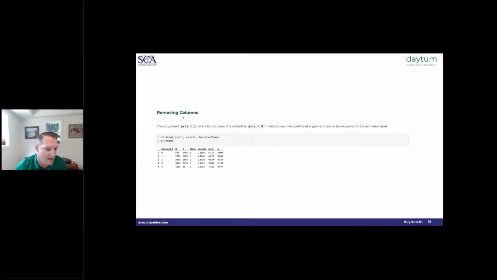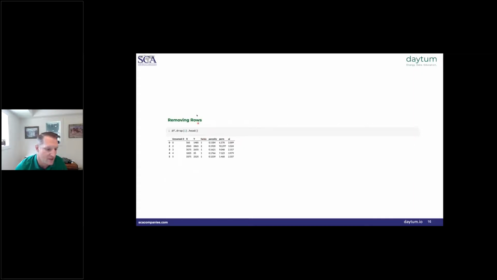Just like we added columns, we can remove them. The command we use to remove columns is the drop command. So we can drop, again referring to the column by its label, 0. We're going to drop the 0 column. In this case, we also have to specify the axis. The default is axis equal to 0, which refers to dropping a row. I have an example of that coming up. In this case, axis equal to 1 means drop the column. So we're going to drop the column 0 along axis equal to 1, which refers to the column. And again, we're going to do it in place.